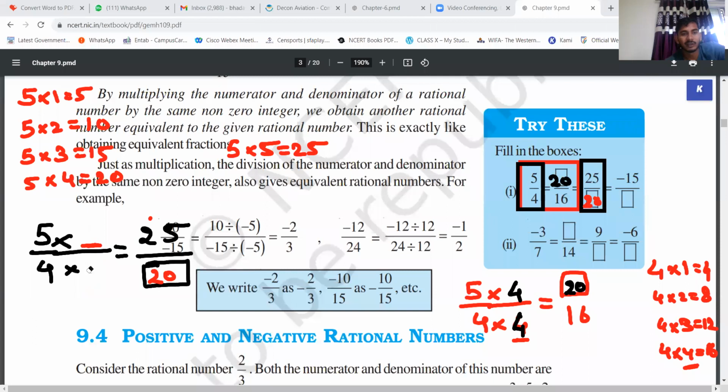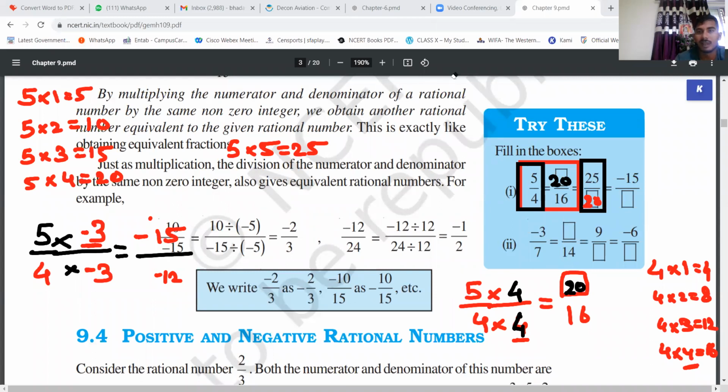Still, I'll give you a hint. The question is like this: 5 by 4 gives you minus 15. Remember, it is minus and dash. So 5 into dash: 5 ones are 5, 5 twos are 10, 5 threes are 15. So 5 threes are 15, but there is no negative sign in the 5, so I can add the sign here. 5 into minus 3 will be minus 15. The same number you need to multiply here also. Minus 3, that will be minus 12. I hope it is clear to everyone.